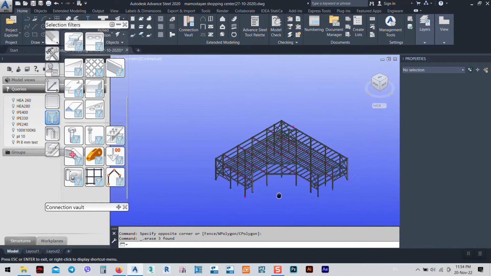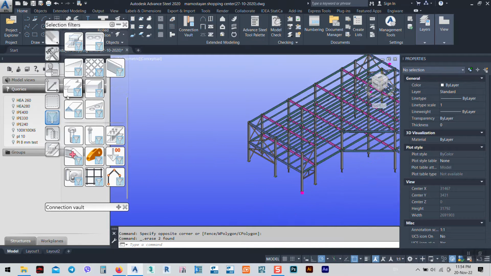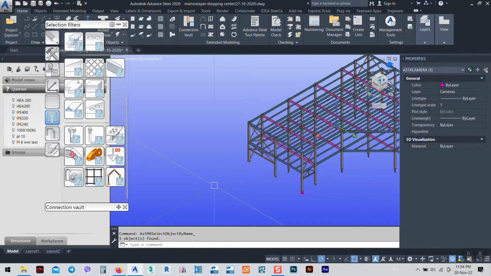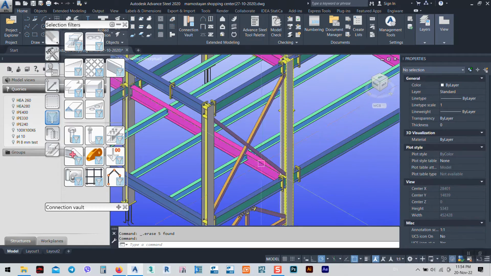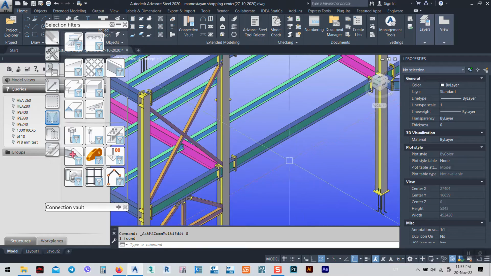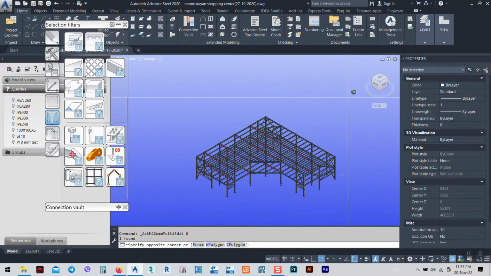Here I have these levels. I'll delete them. I have to delete this one as well. Cameras, so I can go to the cameras and I'll delete them. So as is here, I have just pure elements like this. And after that, what I can do, I can just select everything